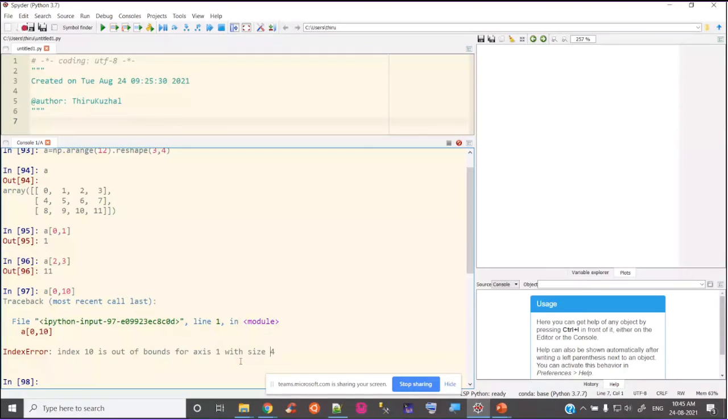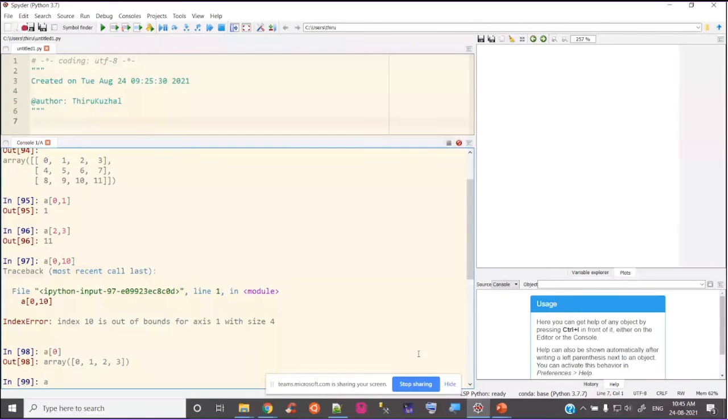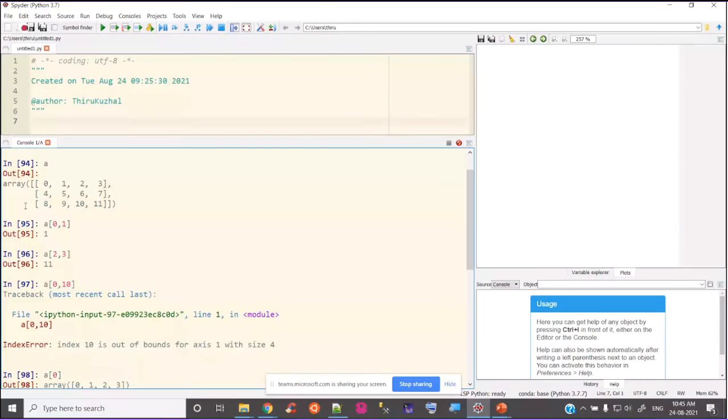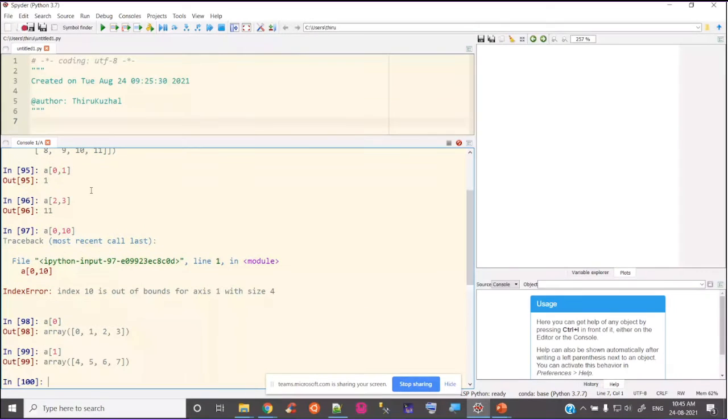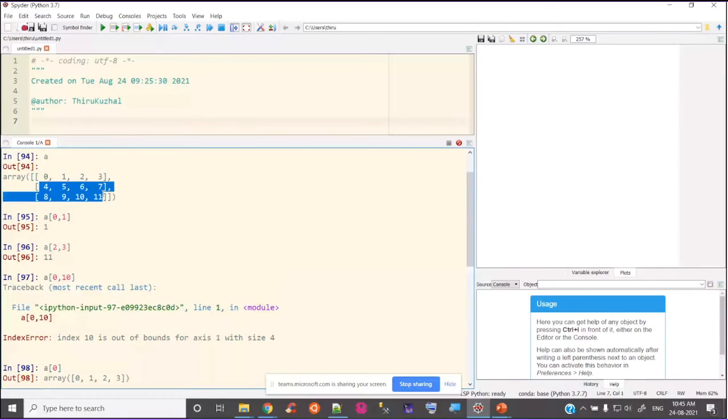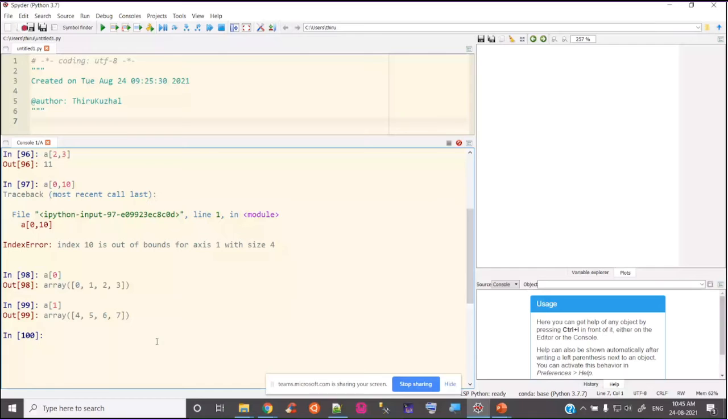After that, simply we can do A of 0. This indicates the 0th row. I want to access A of 1: 4, 5, 6, 7. So this is how we are going to access the 0th vector, first vector, like that. That way we can also do things.